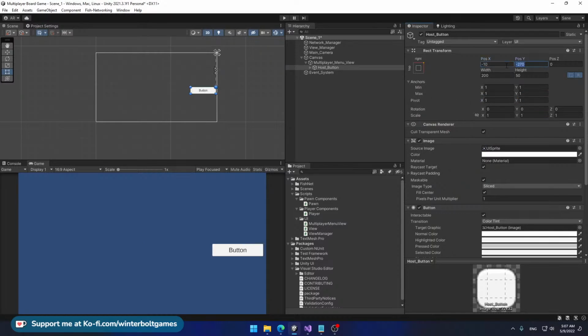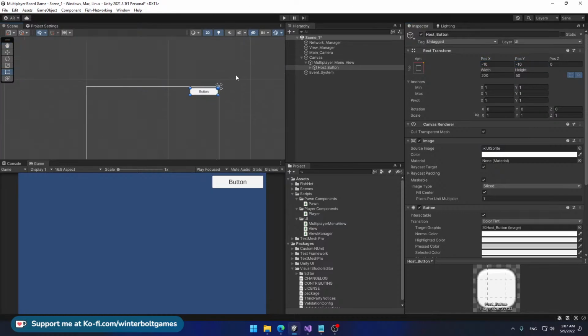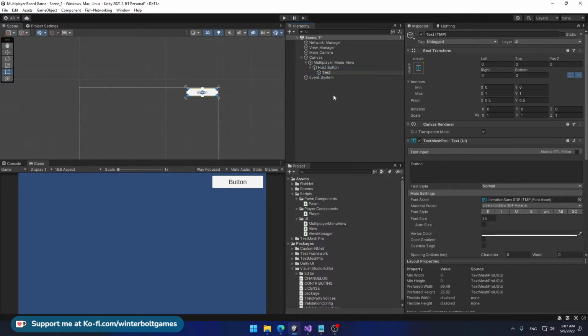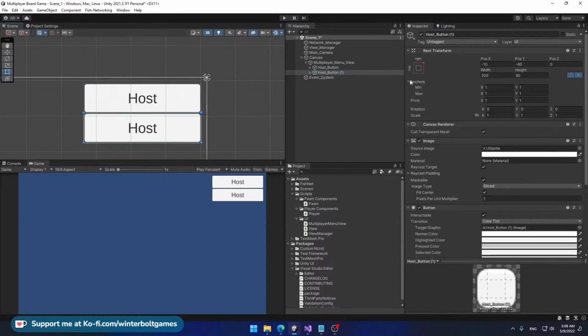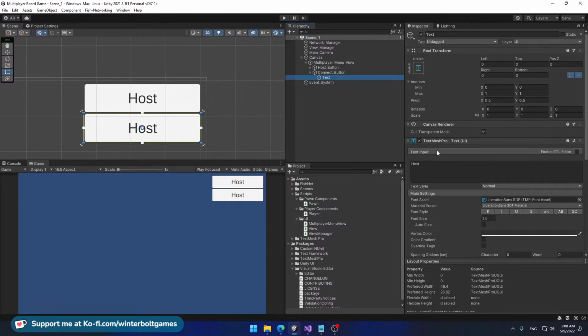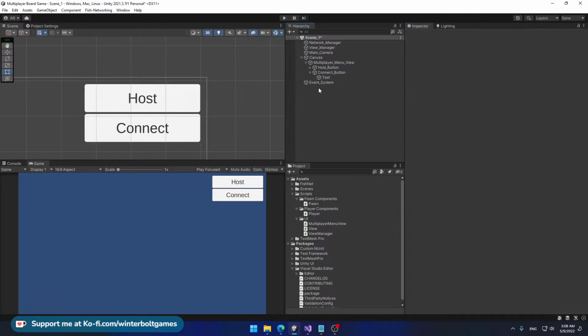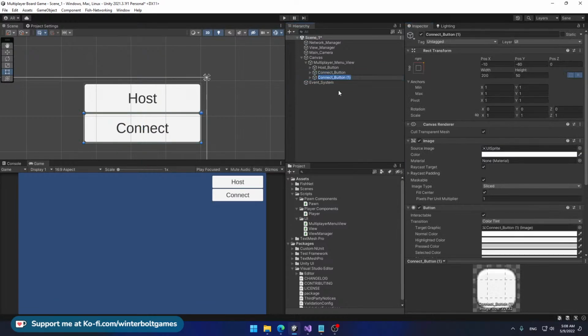Then I'm going to change the offset to something like -10 and -10, so it sticks to the top right corner. Okay. I'm going to change the text here to be host, and I'm going to duplicate this button and move it down a little bit. I'm going to rename it to connect button. I'm going to change the text to connect, and finally I'm going to add a quit button or exit button,